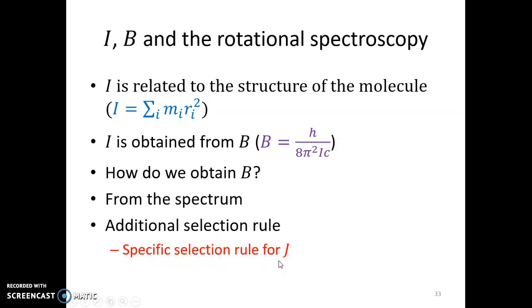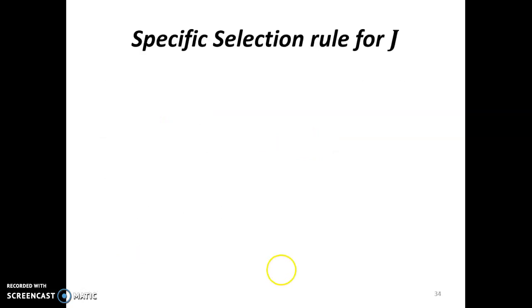If you remember, we have the general selection rule, and the general selection rule is that the molecule must have a permanent dipole. Now we are going to consider the specific selection rule for J. The reason for this is that it helps to get a mathematical relationship, and then from there we can obtain B. So in addition to the molecule having a permanent dipole,